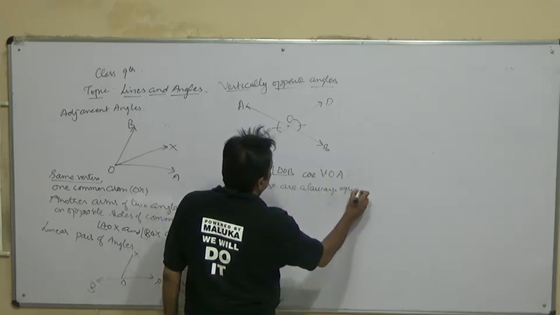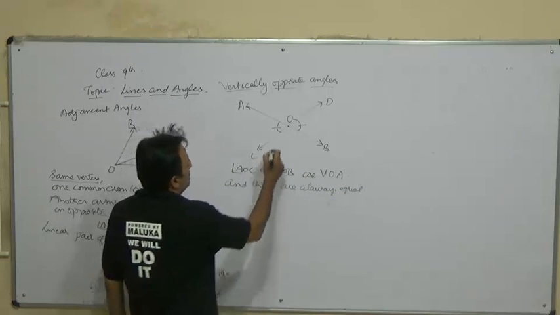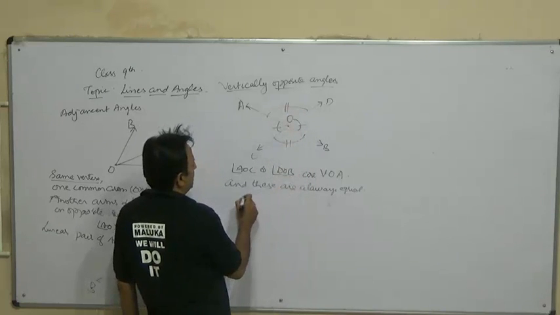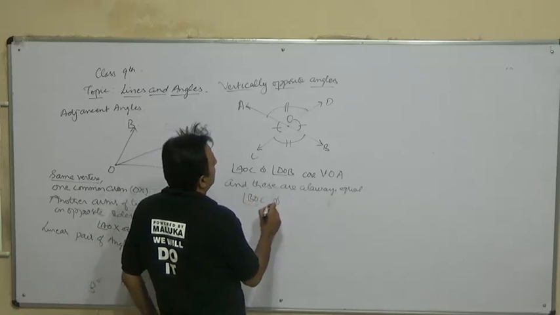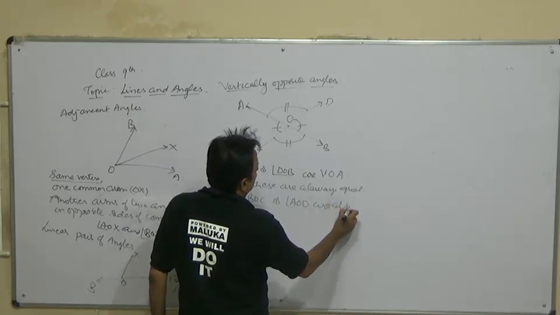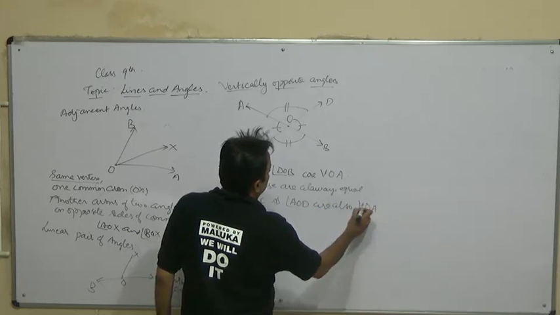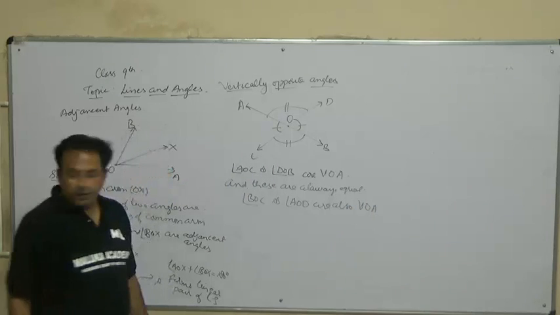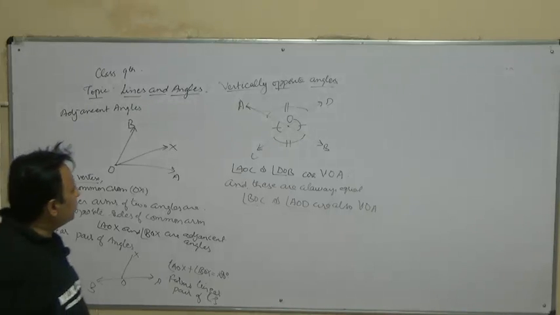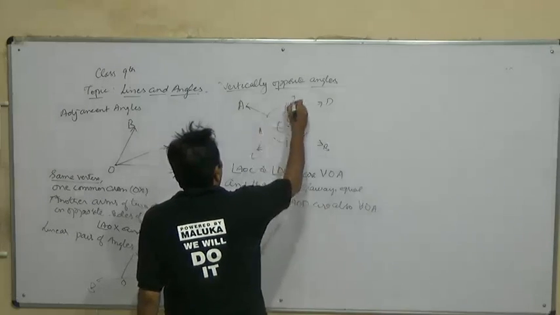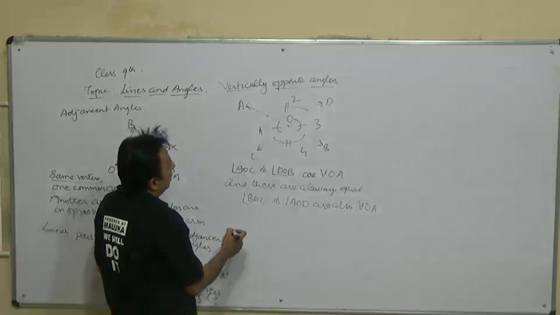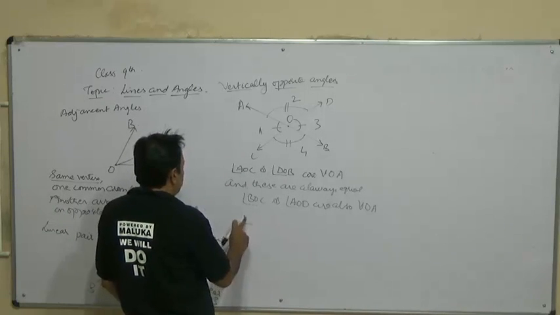So we will prove it. Another pair is this: these two will be equal, that is BOC and AOD, which are also vertical opposite angles. So these are two pairs of vertical opposite angles and we can make them equal. Let us mark these angles as 1, 2, 3, 4. And since CD is a straight line, we can say that angle 1, what we want to prove?